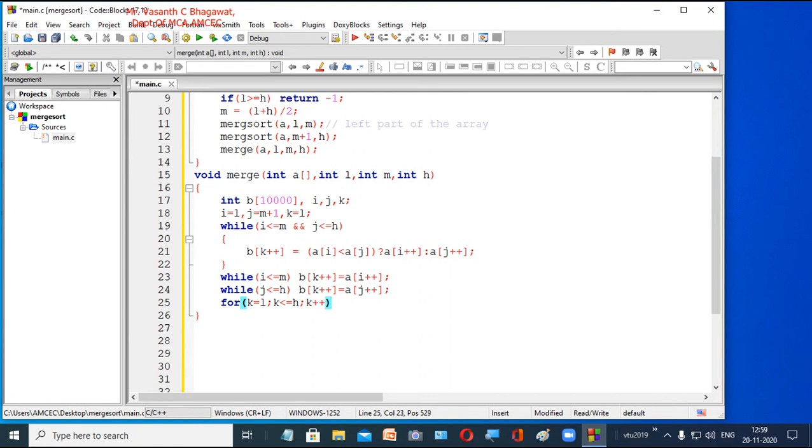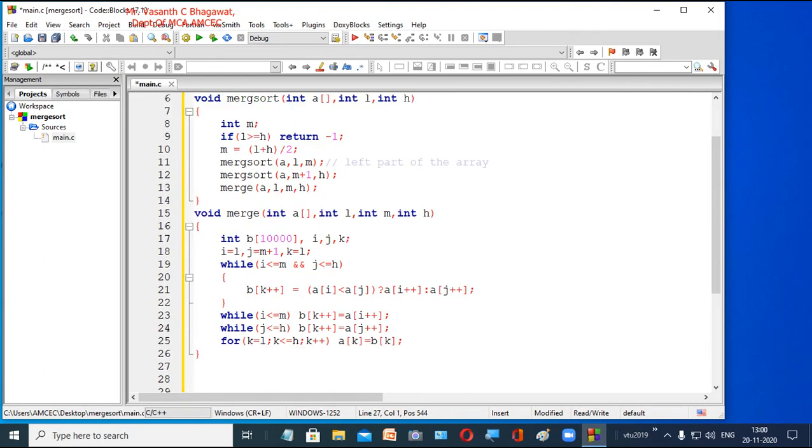What we do is a of k is equal to b of k. That means copy all the content from b. The actual final result is in temporary array b, and you copy that into the final array a. Right? Now this is our merge sort program. It's a very simple program.